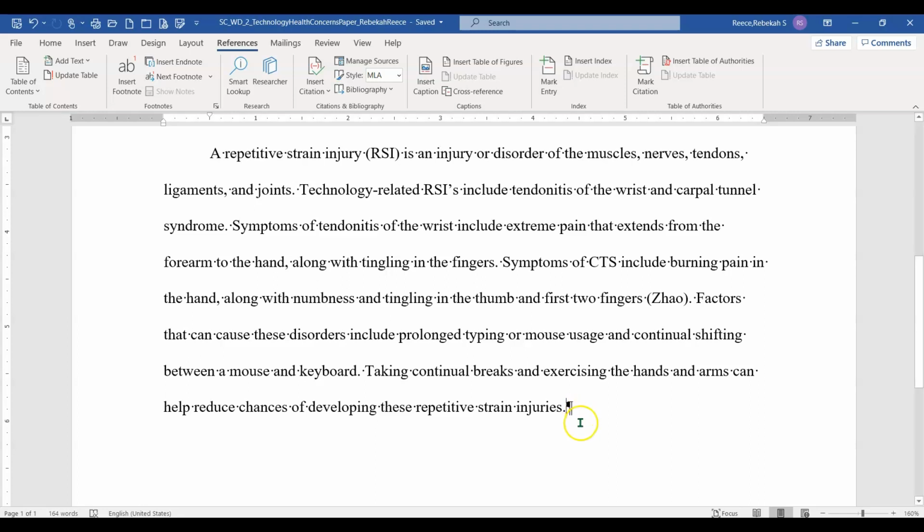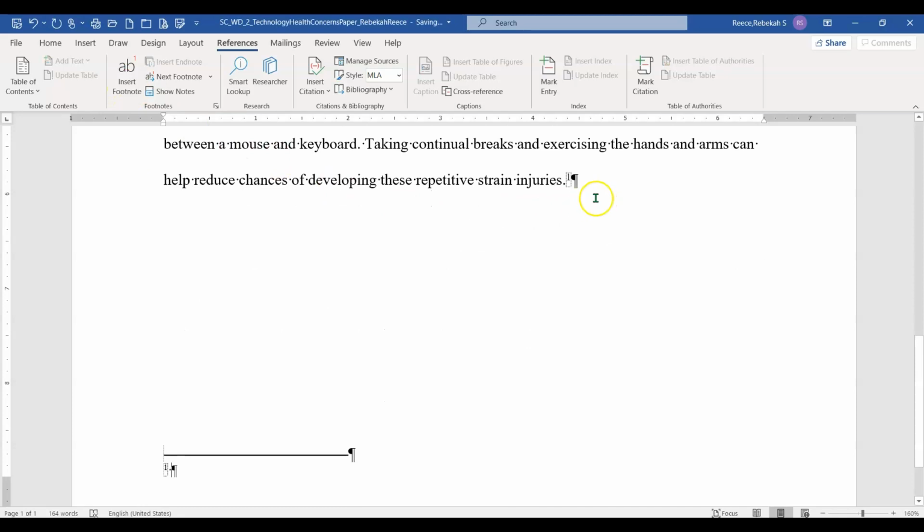So to get started creating a footnote, we have to be at the location where we want the insertion point to put in the superscript. So we want it after the period. So we're going to go up to, and we have to be in our References tab again, and then in the footnotes section, you're just going to click Insert Footnote. That's going to put a small superscript 1 there, and it's going to bring you down here to the bottom